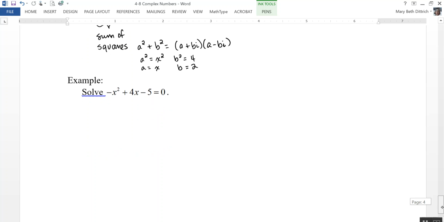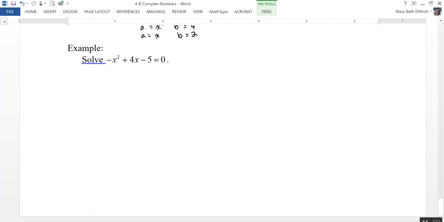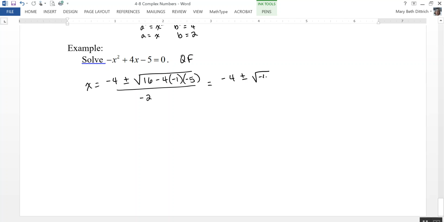And our last problem here, we have to solve the quadratic equation, negative x squared plus 4x minus 5 equals 0. To do this, I'm going to use the quadratic formula. So x is equal to negative b plus or minus the square root of b squared minus 4 times a times c, all over 2a. Cleaning that up a little bit, negative 4 plus or minus, so this is going to give me 16 minus 20, which is the square root of negative 4 over negative 2,